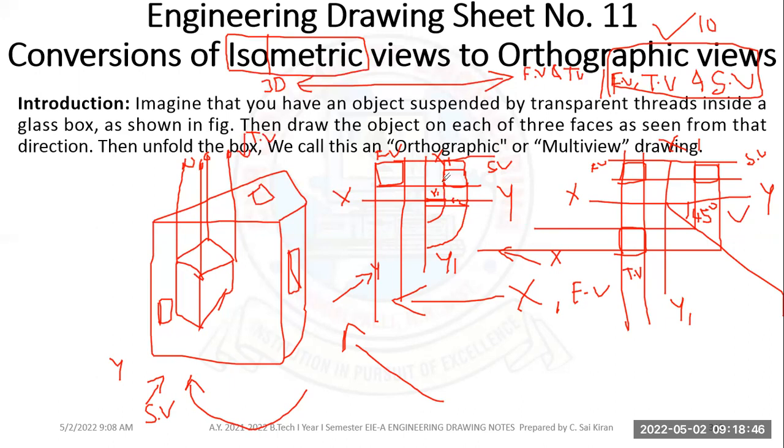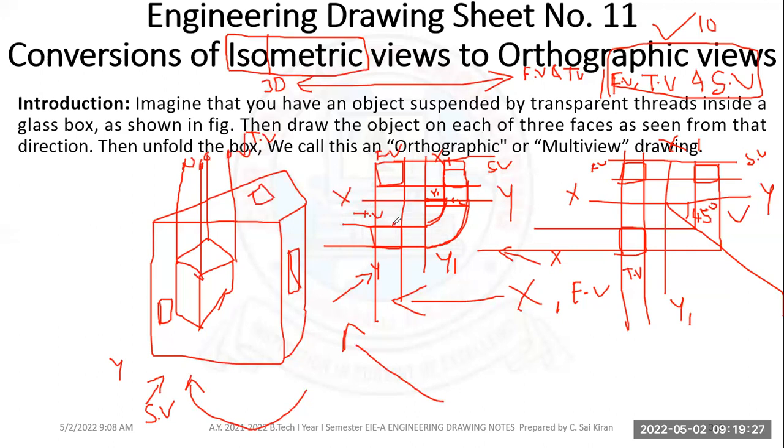So from here I project to the XY line, and I take radius 1. This is the radius I have to take, and from here I cut till the X1 Y1 line, and from here you draw the horizontal line. Similarly for the next line, however many vertical lines there are, that many radii you have to take. So from this point you take radius 2, project till the XY line, keep your pointer center here, your pencil here, and again draw the arc. This arc should touch the X1 Y1 line, and from this X1 Y1 line draw the horizontal line, and this is your top view. Okay,